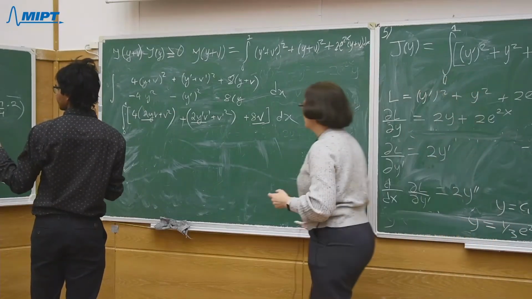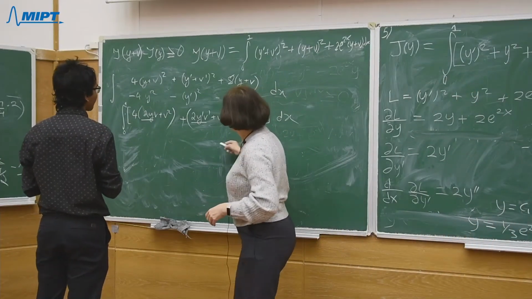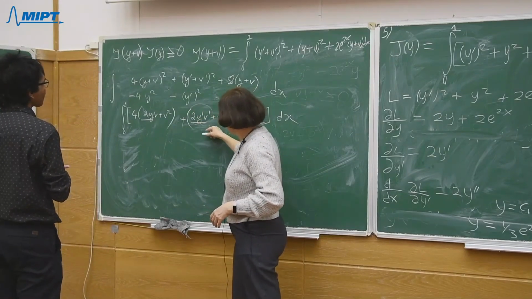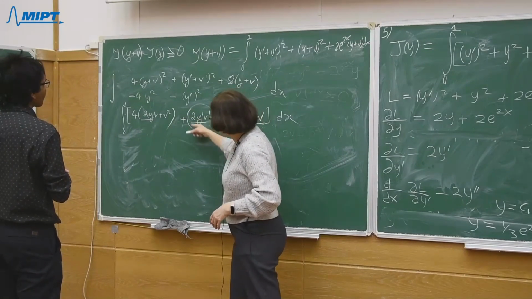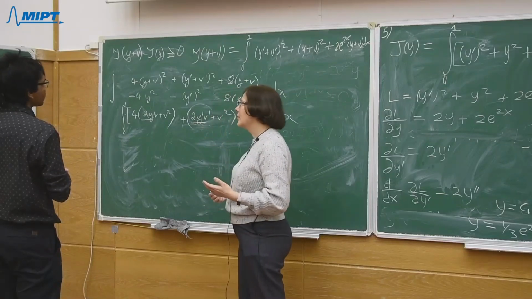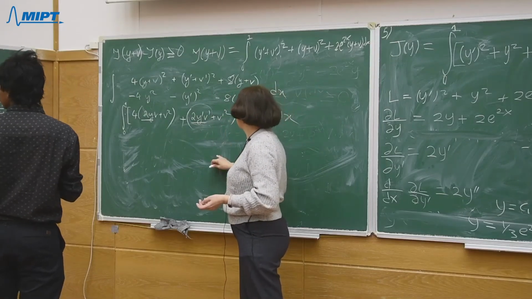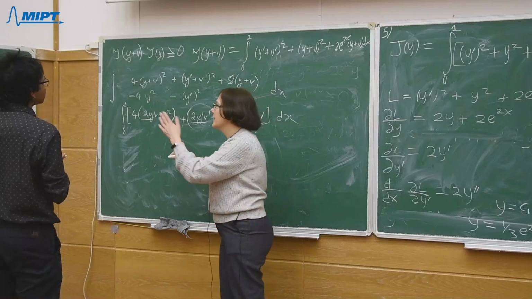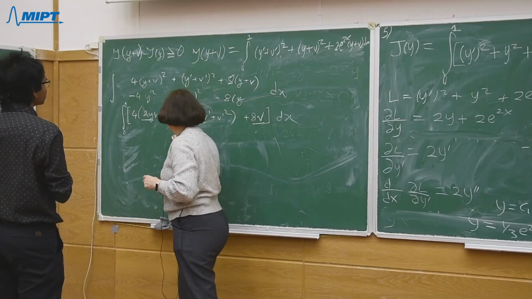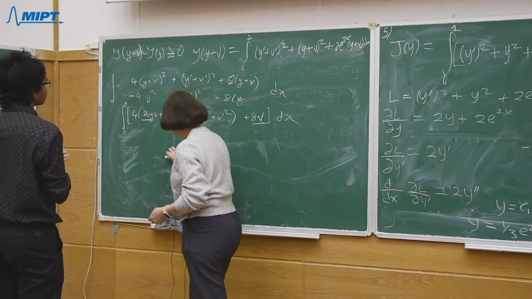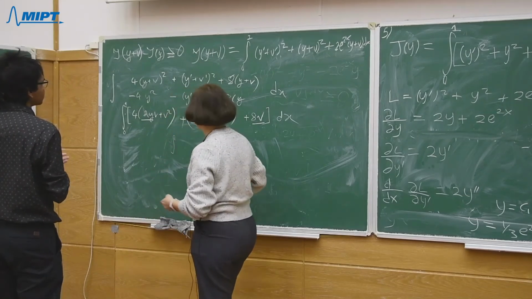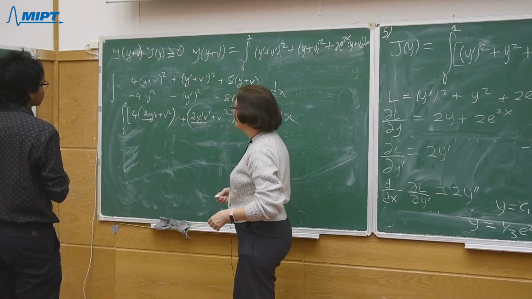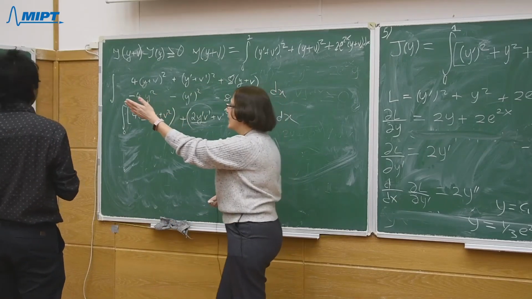The first way is to integrate by parts, to apply integration by parts to this term. Another method to prove that the integral of this sum is 0 is to write our equation in the form